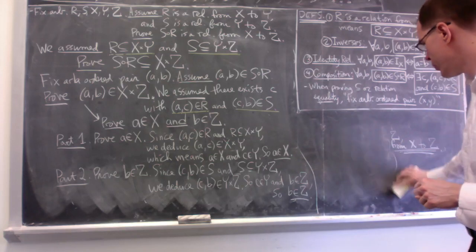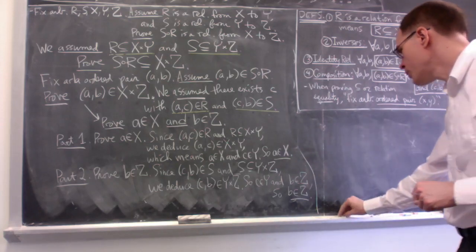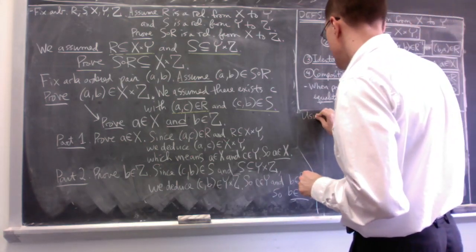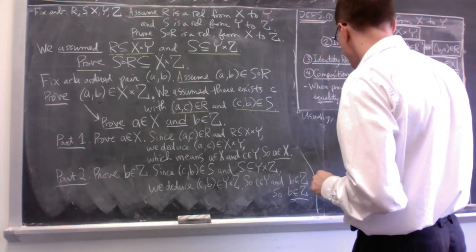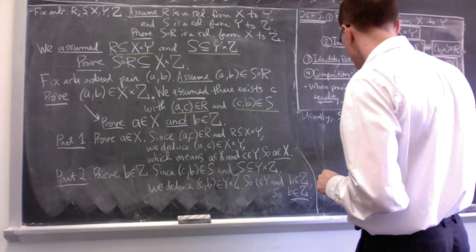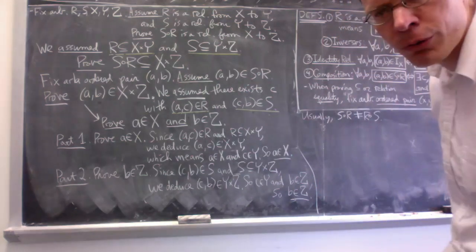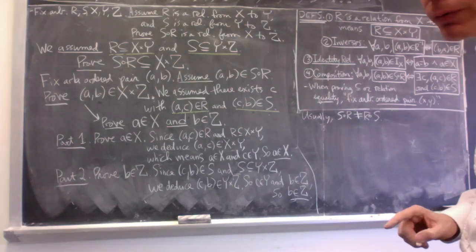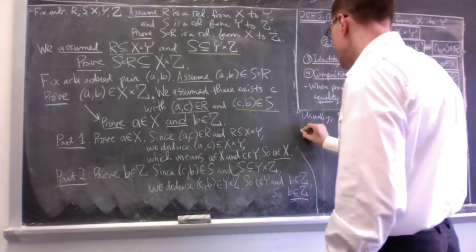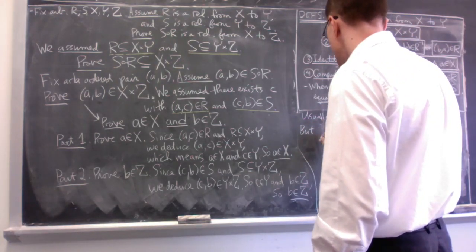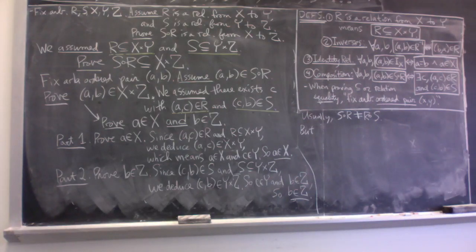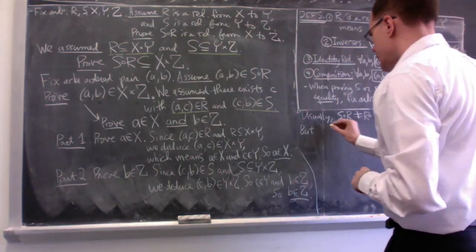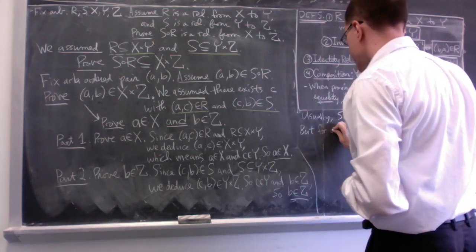We already pointed out earlier that in most situations, S circle R is not the same relation as R circle S. Composition of relations is not commutative. But for all relations, let's make sure I'm not remembering that wrong. Yeah, even without worrying about the X's and Y's and Z's, for all relations,